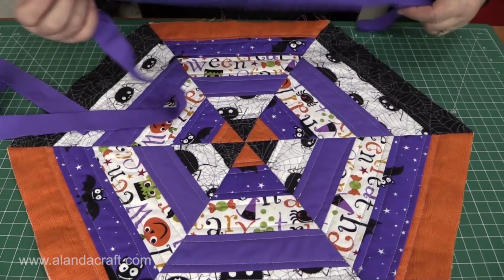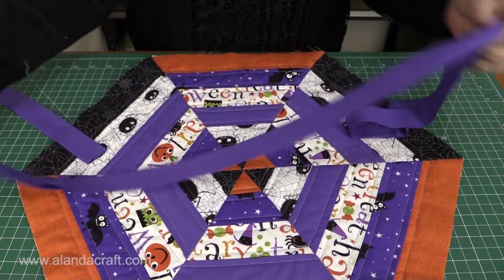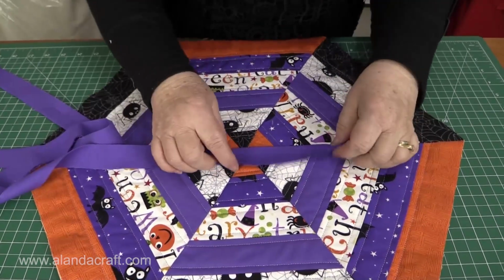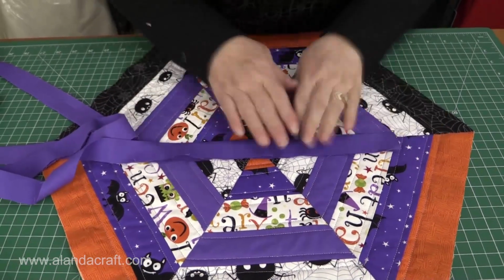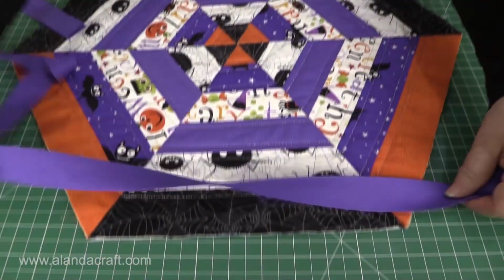Now it's time to put our binding on. Now to get our binding, I cut 2 strips of fabric, and then I've joined them, and then I've just ironed them in half. Okay, so you just do it as you do a normal binding. All right, so just turn the piece over and press it. So we're going to leave a little bit of an overhang on the edge,